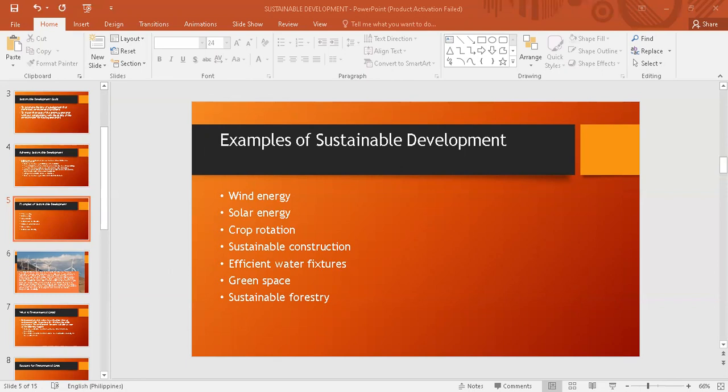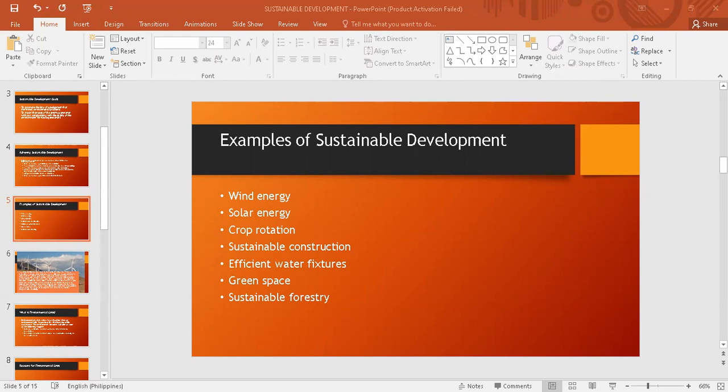nagka-create yung solar energy ng tinatawag nating nuclear fusion, okay, na nanggagaling from the sun. So itong fusion na to, kapag meron tayong proton of hydrogens, nag-collide siya sa sun, yung tinatawag nating fusion, kung saan nagka-create siya ng tinatawag nating helium atom. Sa science po ito, mga hindi ko masyadong kabisado. So, yon yung naibibigay na energy from solar, okay,